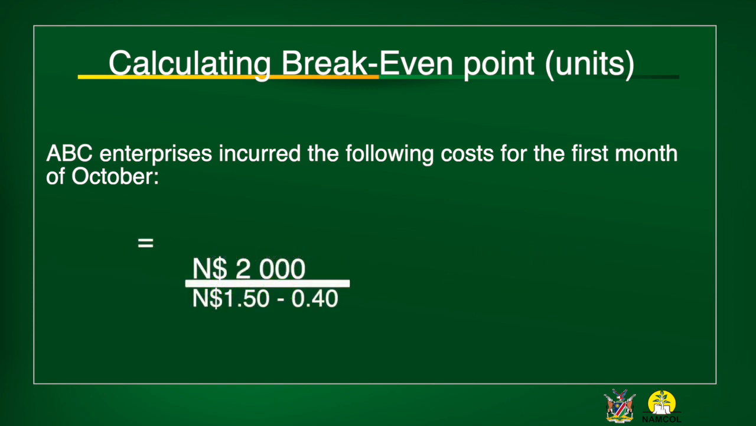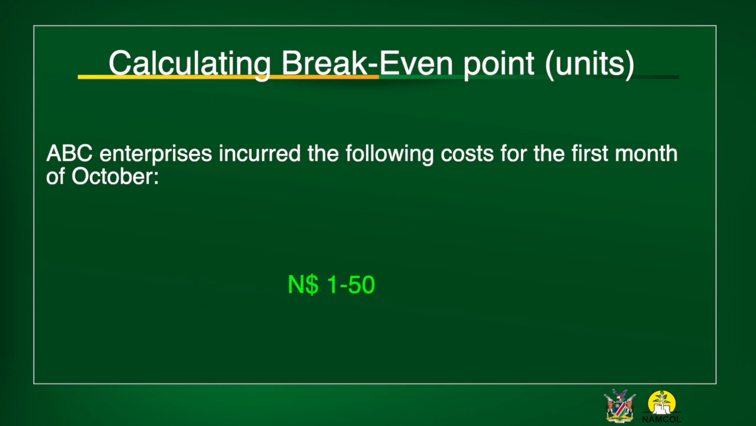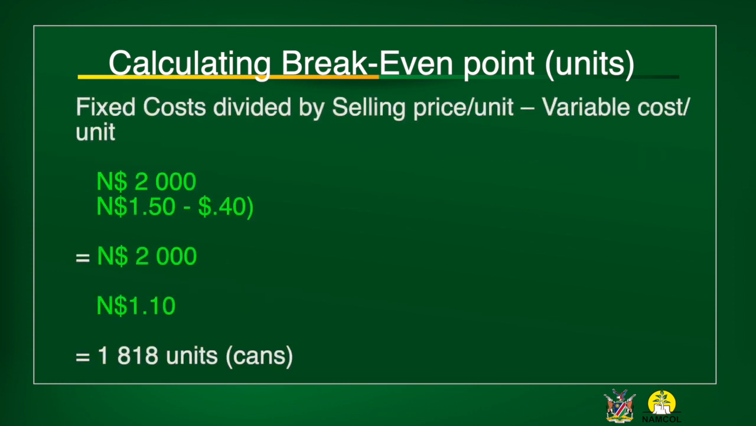Our calculation now looks like this: 2,000 divided by $1.50 minus $0.40. Let's calculate the subtraction below the line first, and we get that $1.50 minus 40 cents is equal to $1.10. You see that, right? Use a calculator, or you can also use your brain to calculate. The answer is